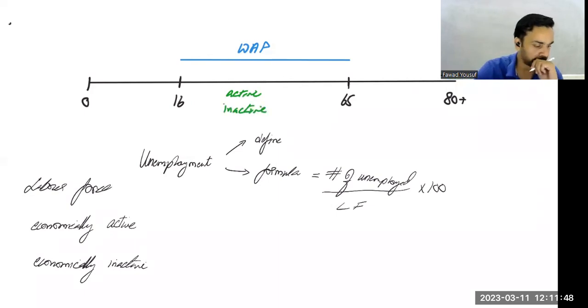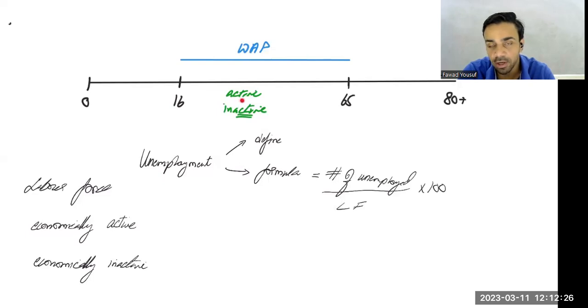Inactive के अंदर basically they are taking people who might be in school as full time. So they're choosing not to work from the age of 16 to 65. They've used the word homemakers. It could be house husband, housewife. It could be convicts. It can be differently abled people who are choosing not to work. So those would be the people who are considered inactive because they're part of the working age population, but choosing not to work. And then the leftover is basically the active, economically active people.